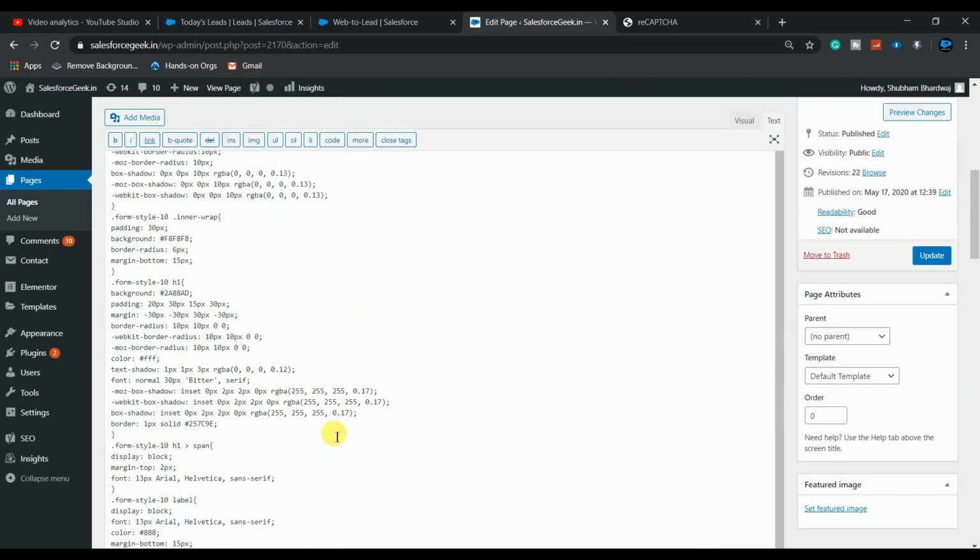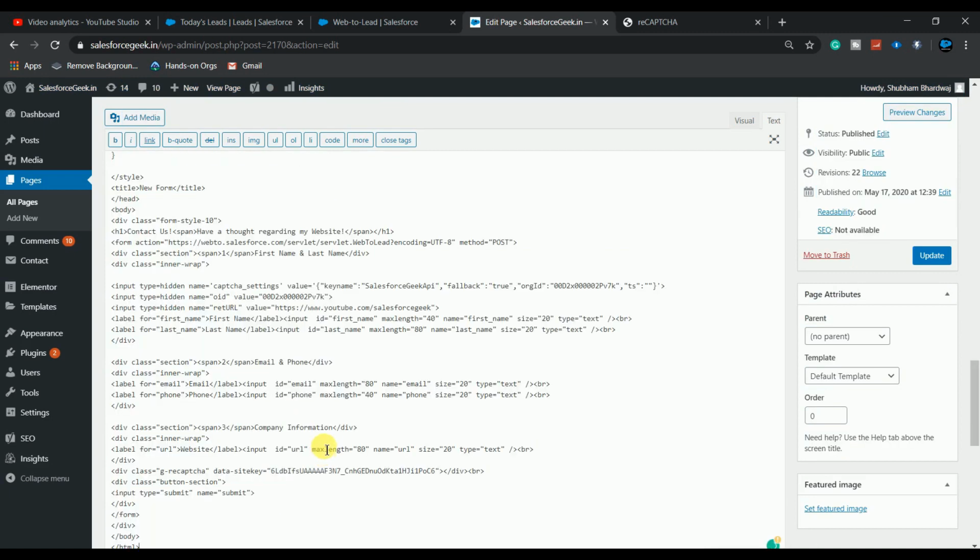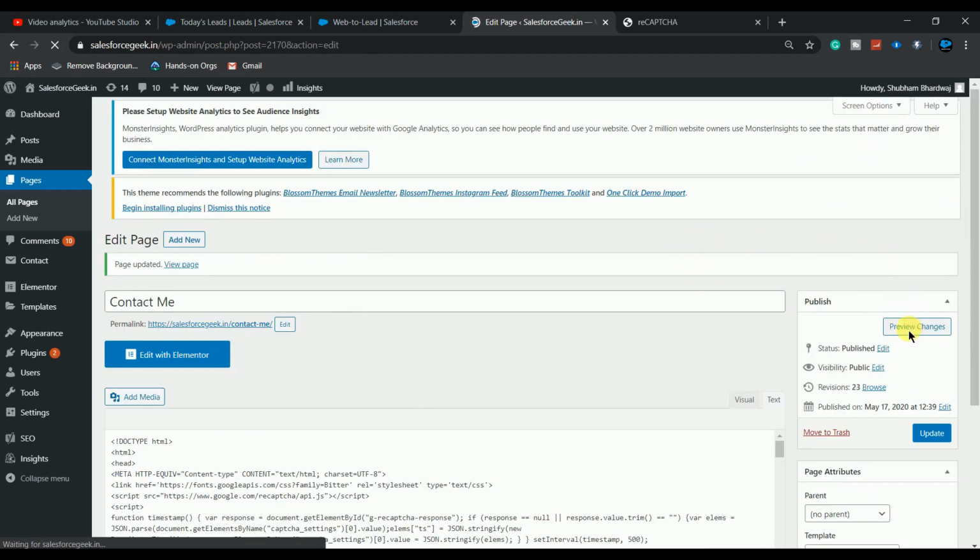So basically I select all and paste it, simply update and preview changes.